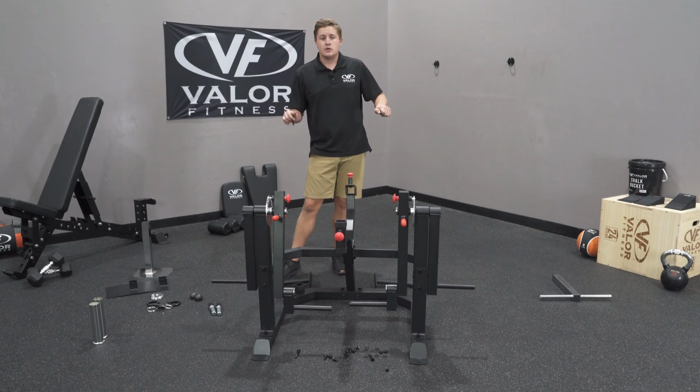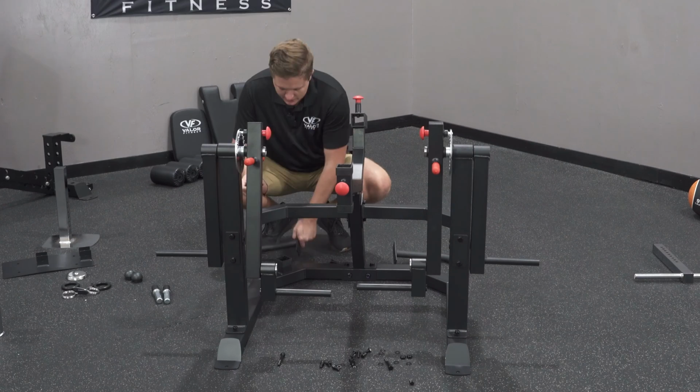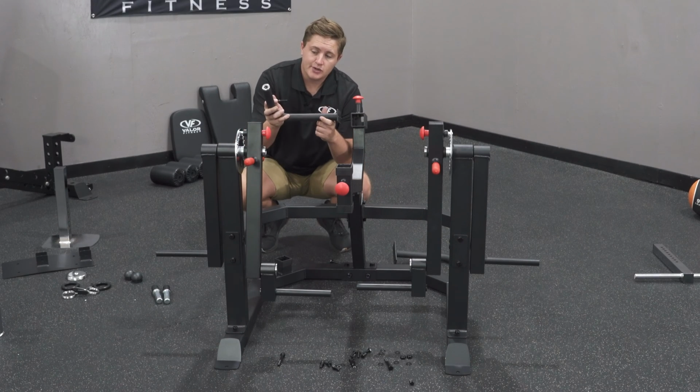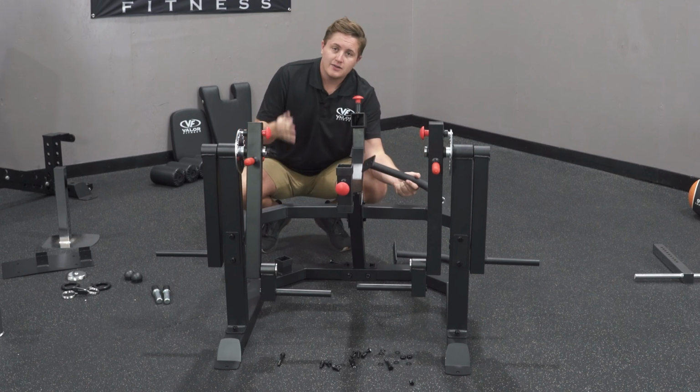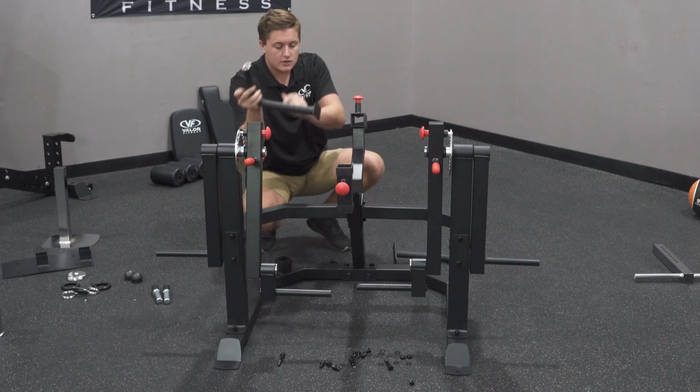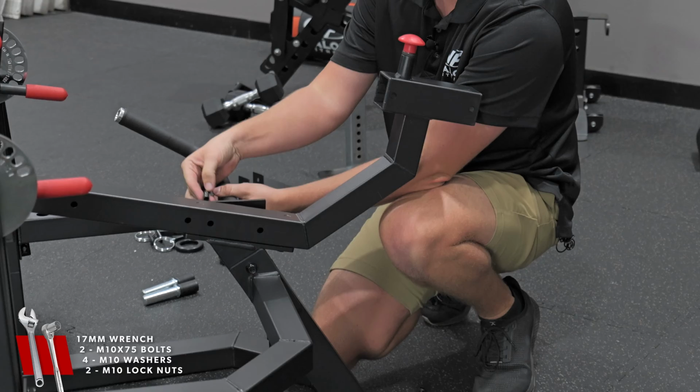Next, we're going to get the handlebars and the seat mounted. Get your handlebar. Make sure the handlebar is facing up. If you switch them, it's going to be facing down, and it's going to be no help to you. So, with that in mind, take your bolt,